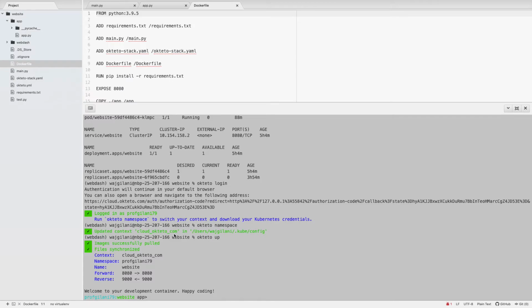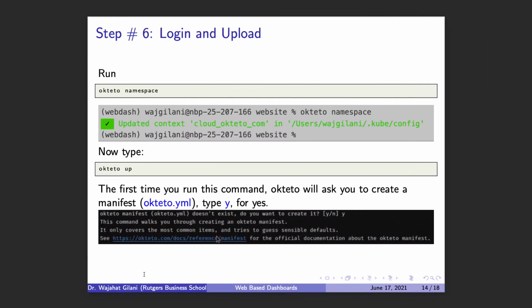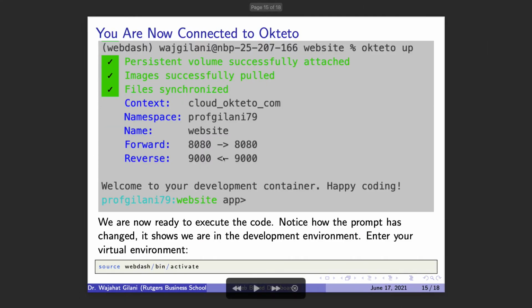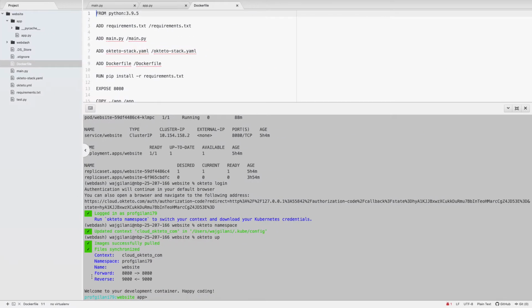When I did Okteto up, all this stuff you guys should see now. And what you'll also see, to come here, is this. My namespace is probably Gilani 79. You guys have different namespaces depending on what you chose for your username for GitHub. And you'll notice now over here,